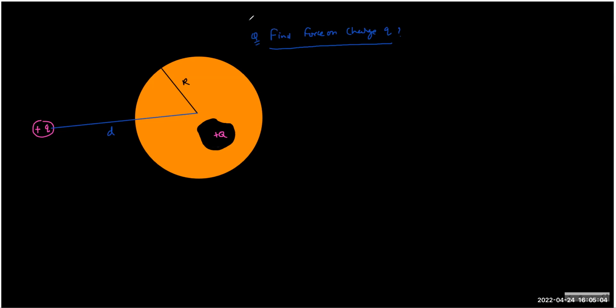Sir, without considering the plus small q charge, if we consider only the charge inside the cavity, we first check the charge distribution, and then we don't consider the cavity charge, we consider the one outside and the charge distribution, and calculate the net field. Yeah. So the whole idea is, because you're looking for the force, it's good to find the electric field at that location without that charge. So remove the plus small q.